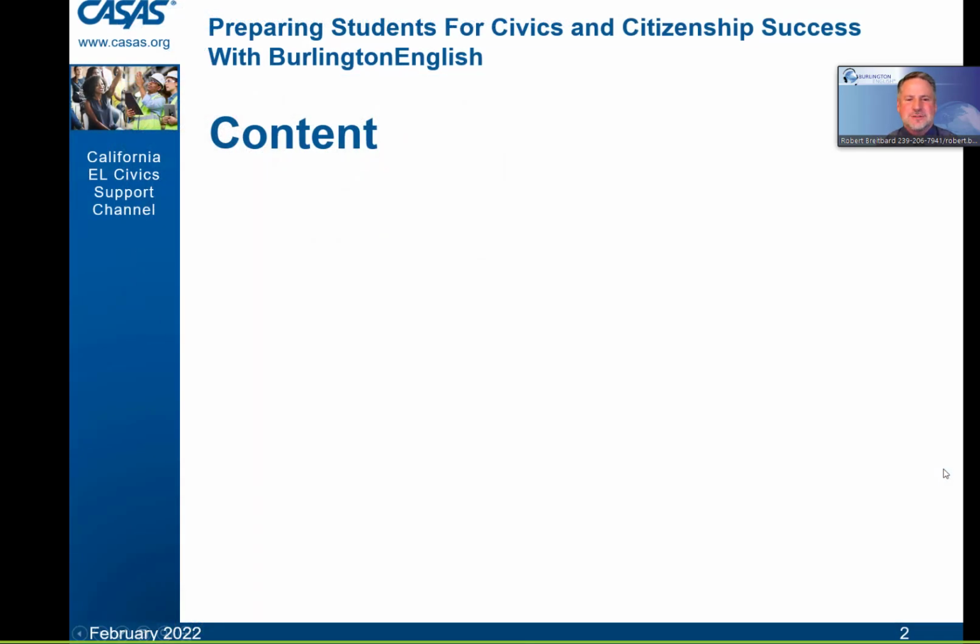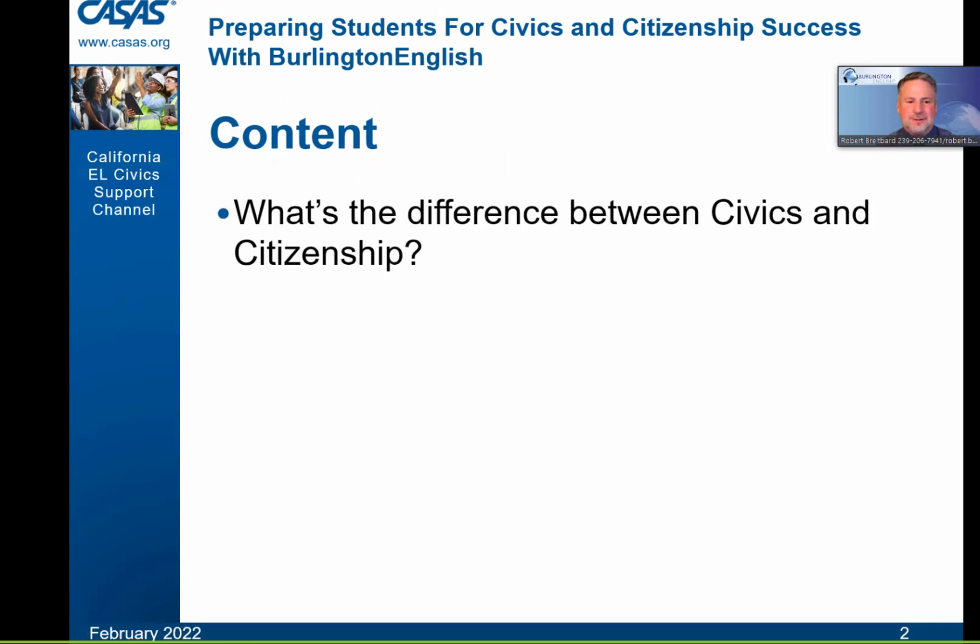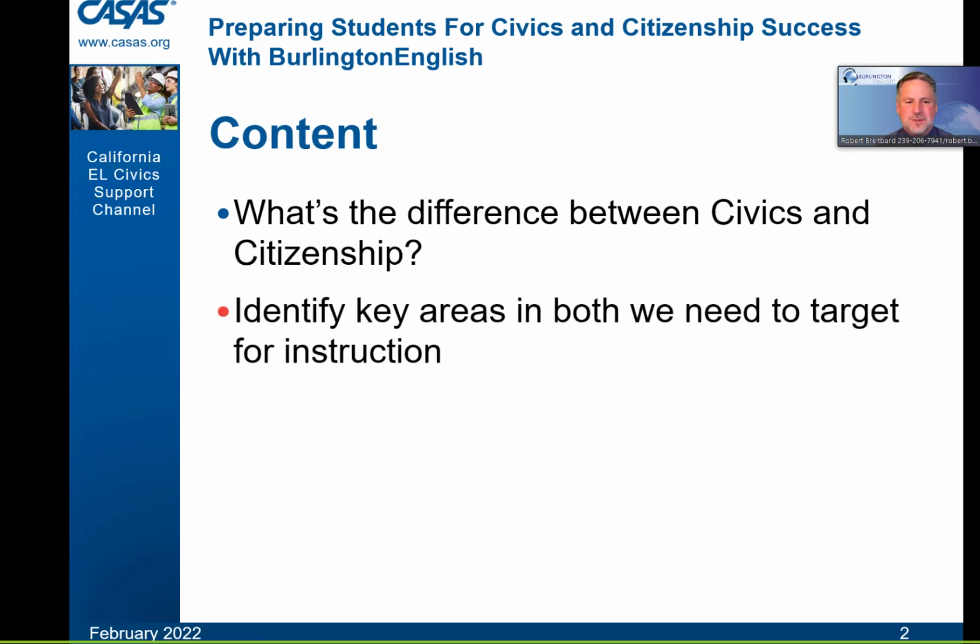First and foremost, we'll talk about our content, our agenda, if you will. We're going to cover something that we hear all the time. Well, Robert, what's the difference between civics and citizenship? Because we often have grown up and heard it used interchangeably, but there are some definite differences, and we'll go through not just those differences as we've used them commonly, but as they're legally described in our world of adult education. And then as we look at the difference between civics and citizenship, talk about key areas in both of those